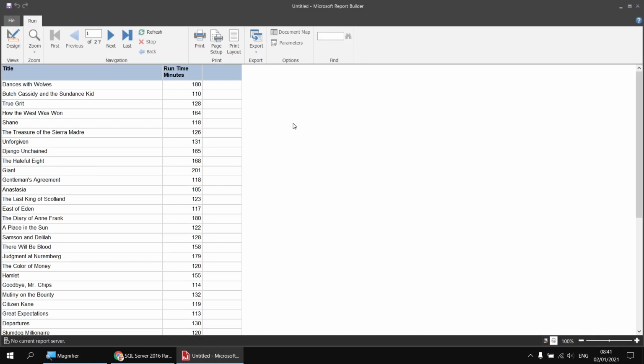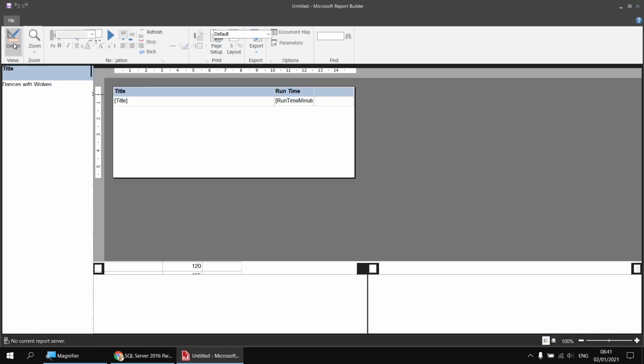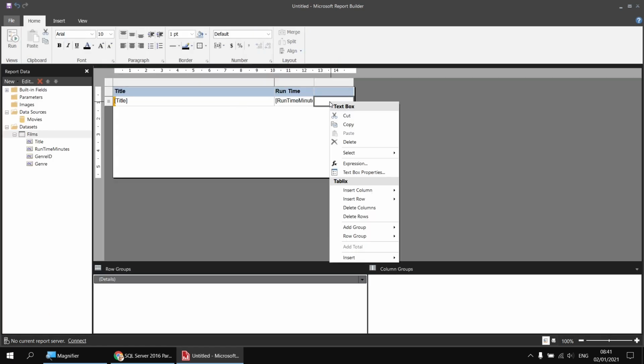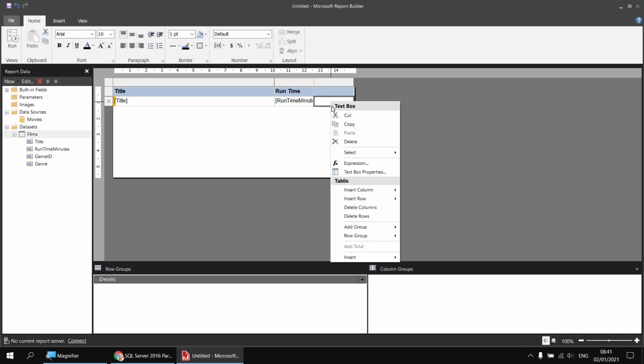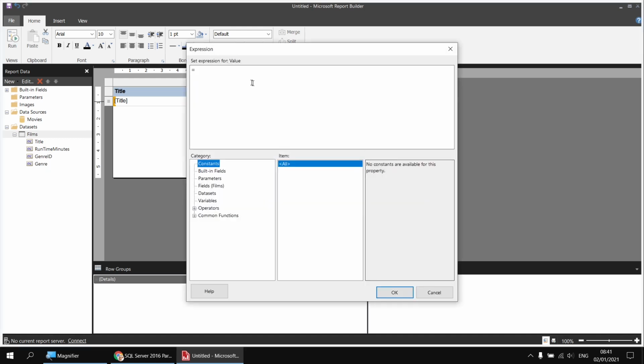Now let's create the basic version of the calculation that compares each film's runtime with the average runtime for all the films in the dataset. To do that, I can head back to the design view, and then I can right click into the empty column of the table and then choose expression. Ordinarily, of course, if you were creating a calculated column like this, you'd want to add it as a calculated field to the dataset. So you'd ordinarily right click the dataset name and choose add calculated field. But we can't reference aggregate functions in calculated fields, so we're forced into doing it in an ad hoc expression in the table itself. So I can right click that cell, choose expression,